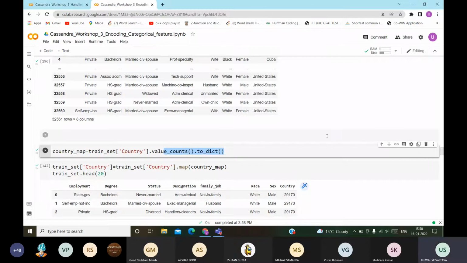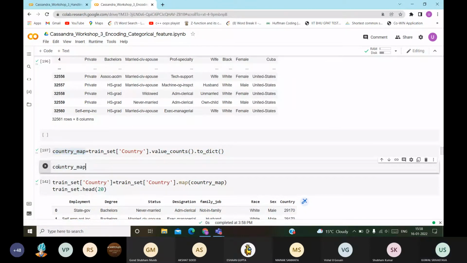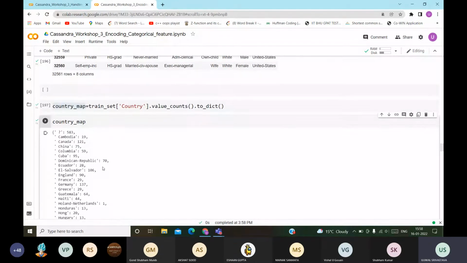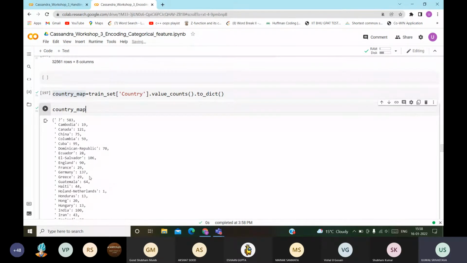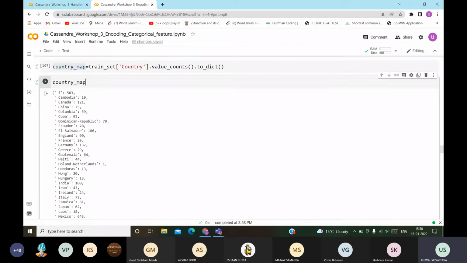If we add this code and print the country map, see, it has given Canada 121, China 25, Cuba 95, and so on. So this is providing each country a value, how many times it has occurred.